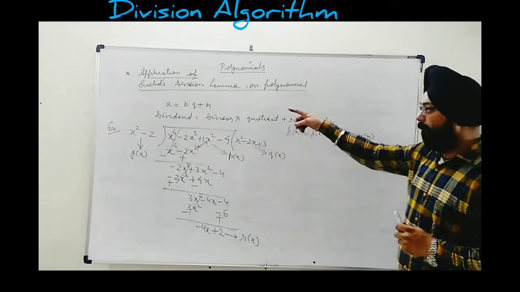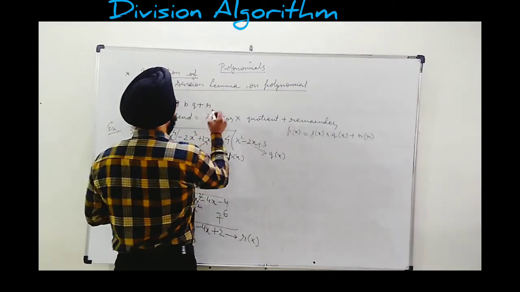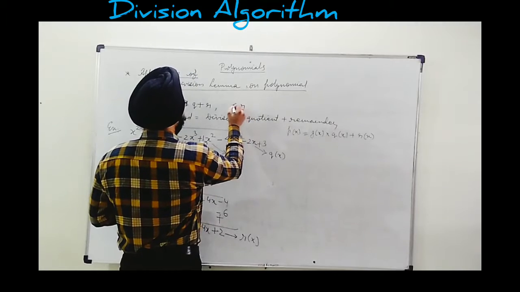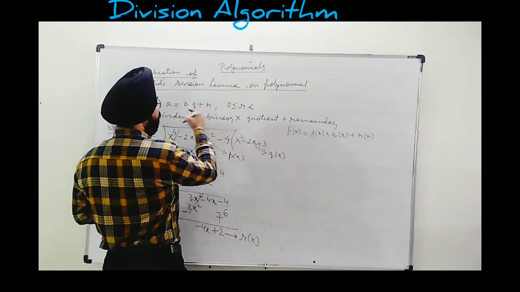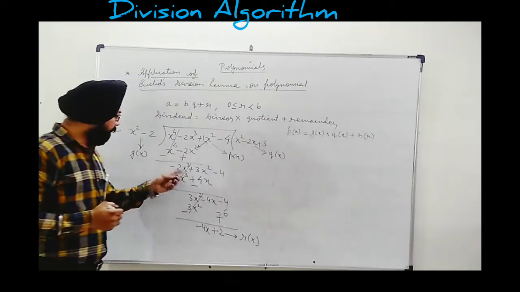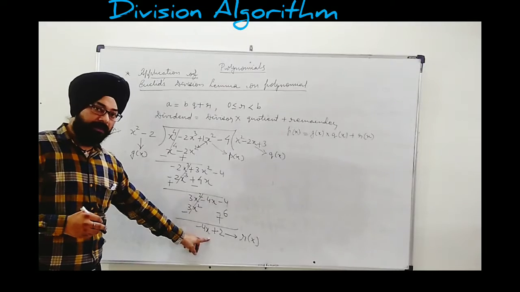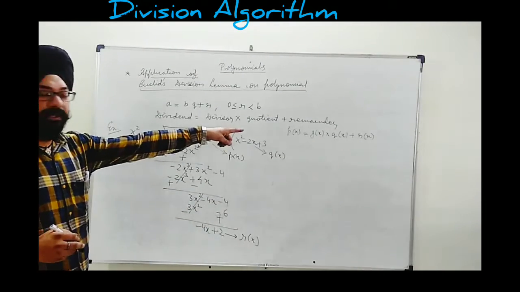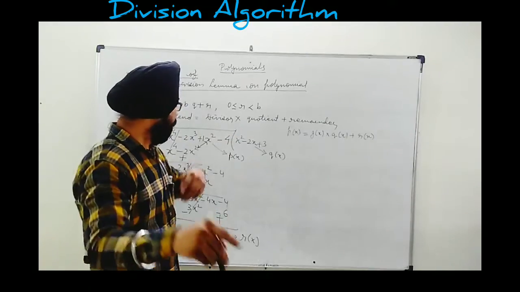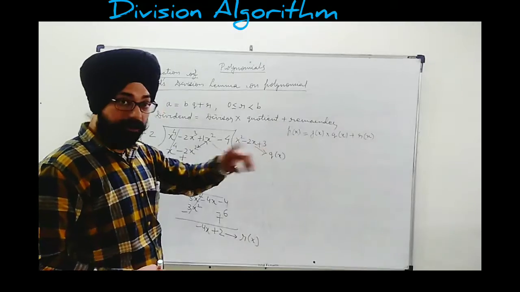Also, by the property, if you remember, the value of r will be either greater than 0 or equal to 0, but always less than the divisor b. Here also in division we were observing that as soon as the degree of the remainder becomes less than the divisor, we stop. So that's why here we have to apply the condition. This will not be about values like the division lemma for real numbers. Here the rule will be